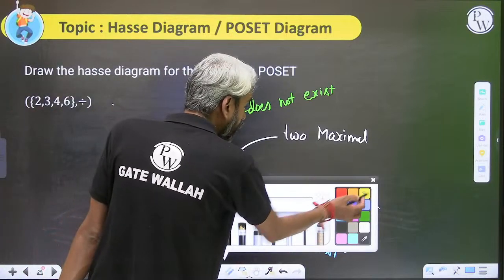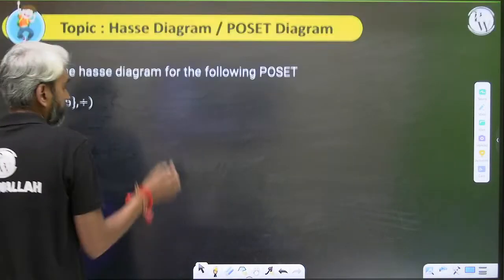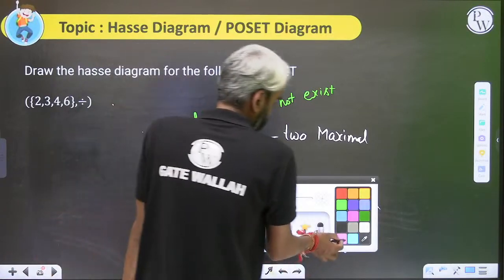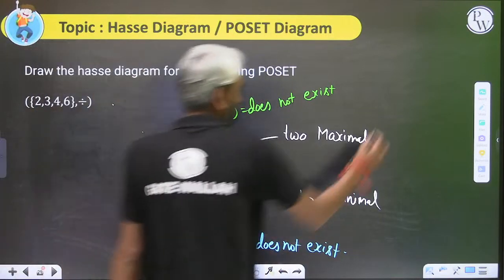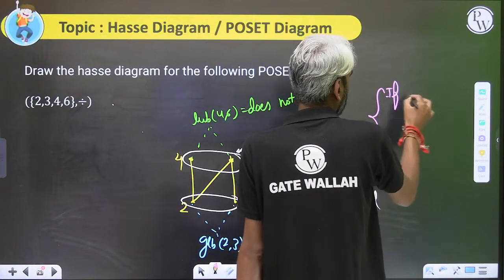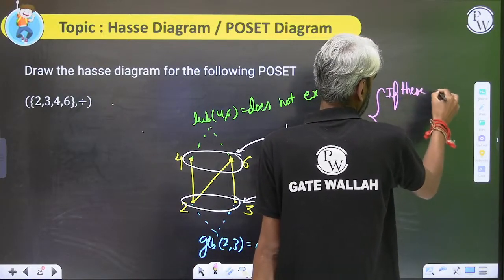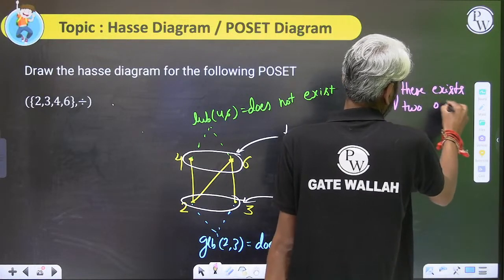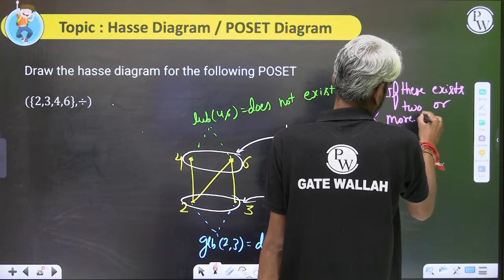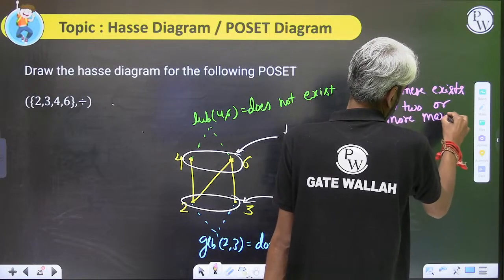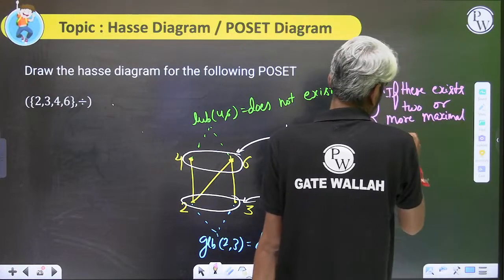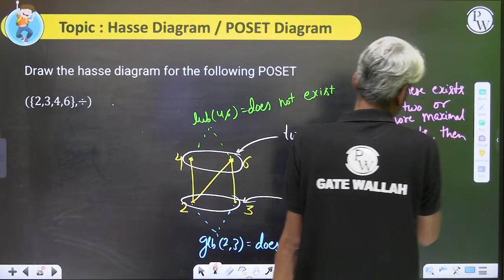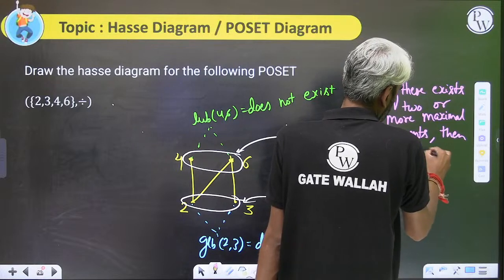If there exist 2 or more maximal elements, then the least upper bound does not exist